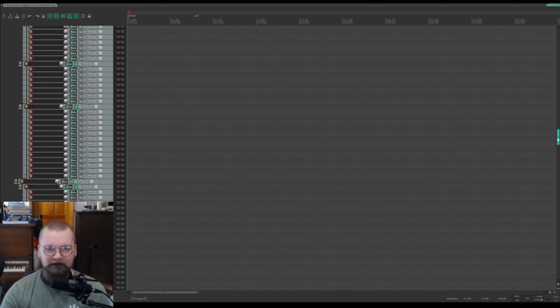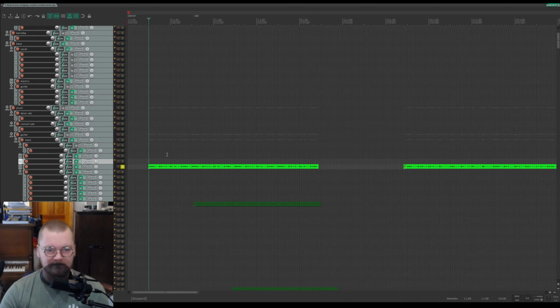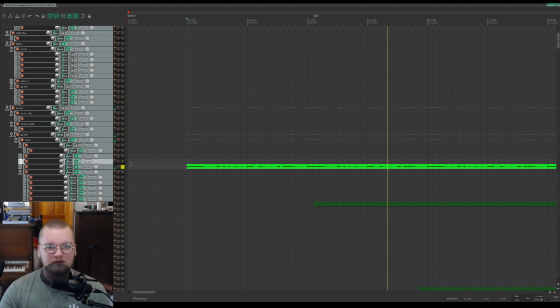Yeah, so this primarily starts with guitar, with this kind of 5/4 pattern stolen directly from the original. Another thing you might have noticed is that it starts with a lot of reverb. I don't know where the reverb's at, but probably that one. It starts with a lot of reverb, and then the reverb kind of goes away as the track progresses. Starts with a lot, and then it kind of slowly fades out.